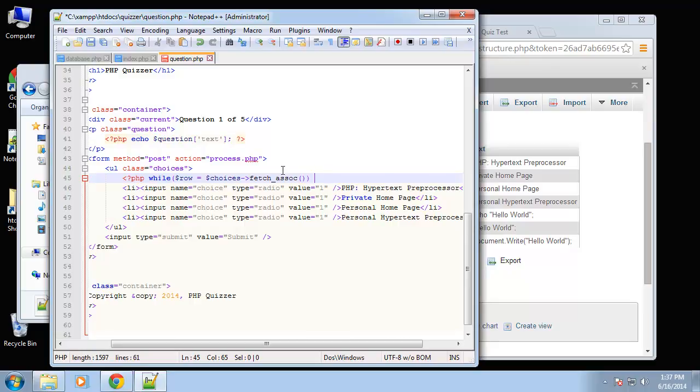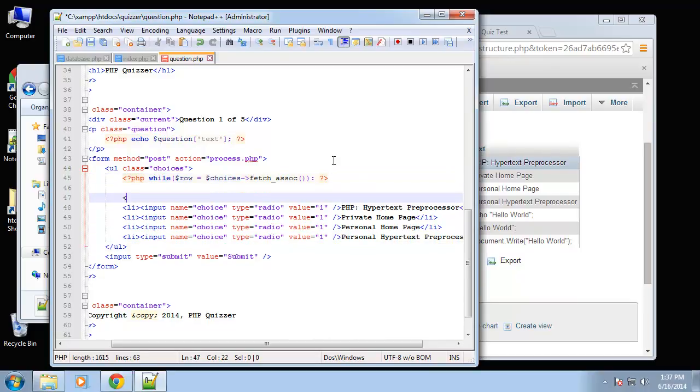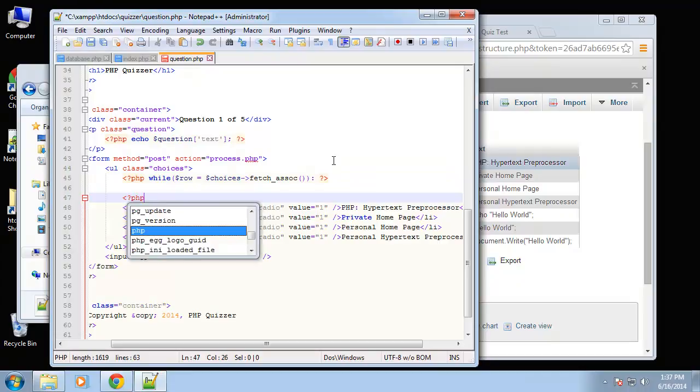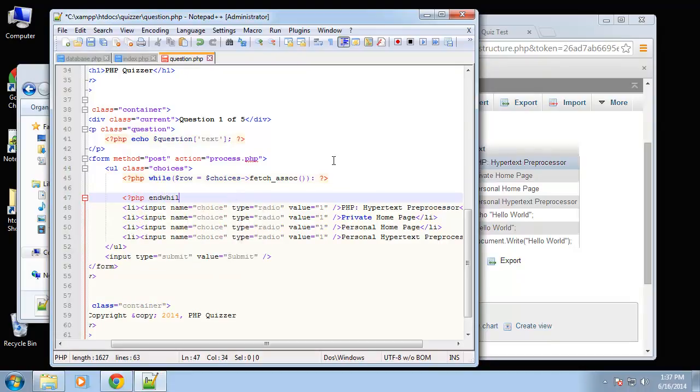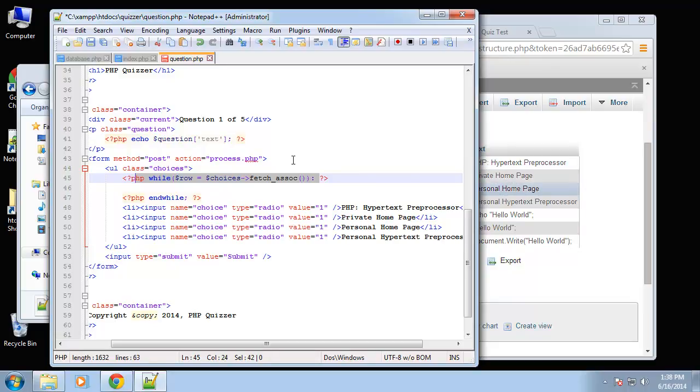Alright, so while that, now instead of using curly braces, I'm going to use a colon because I want to end the PHP line. Okay, and then down here we can simply say end while, and that ends the while loop. So while there's still records, that's basically what this is saying. We're saying while there's still choice records for this query,